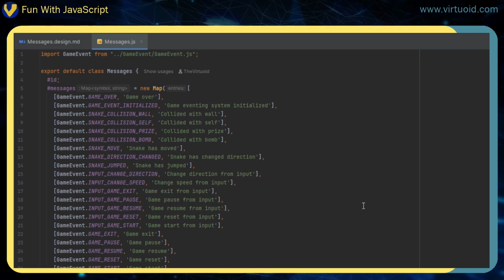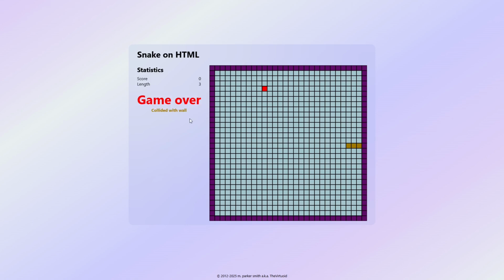Well, when I was developing the system here, let's go back over to our full screen. When I was developing the system and I had the game over collided with wall, and I had collide with self here, or collide with bomb, I realized that, okay, this is great, but what if once I develop the 2D one, I got to write all those messages again? And then if I write the 4D one, I got to write all those messages again. So I thought, no. Let's have a repository so that when the game gets a collision with wall, which it did in this particular case, it can then tell the UI, hey, I need you to print out the collided with wall message, and then I'm going to issue a game over event. And then the game over event will go to the AI and say, hey, the game is over. I need you to issue the game over